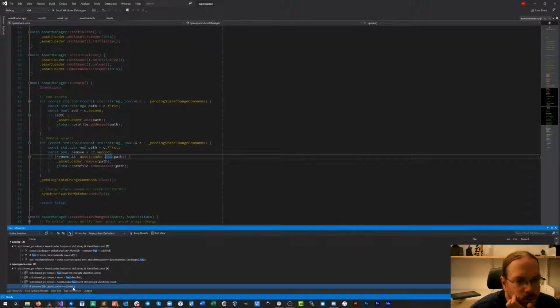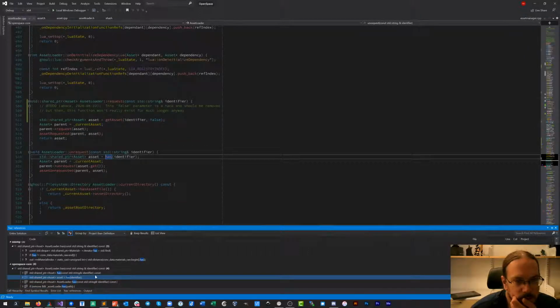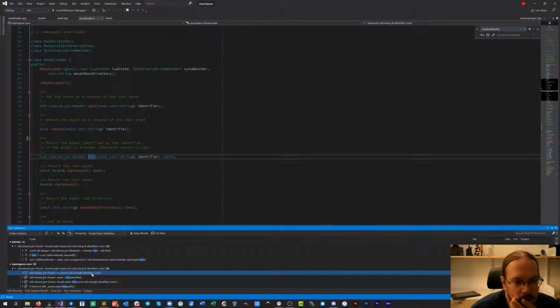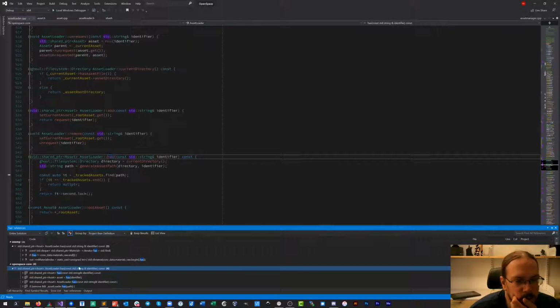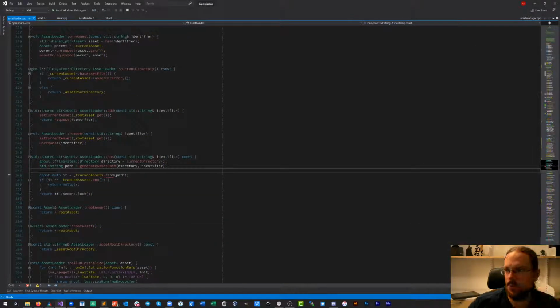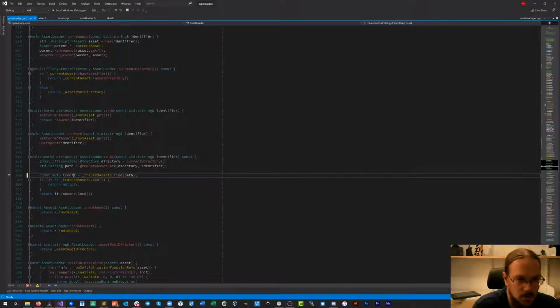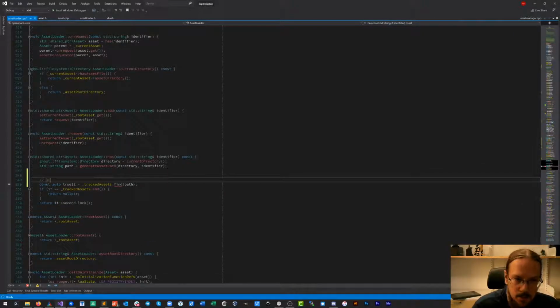So if we want to remove an asset, I guess all of this will go terribly wrong anyway if we have multiple assets. So let's just try it with both. Just leave us a to-do here.